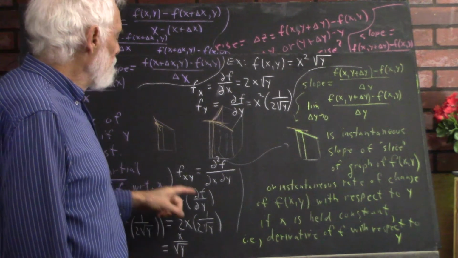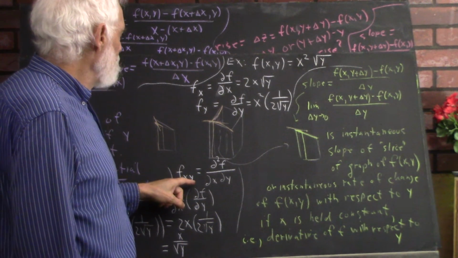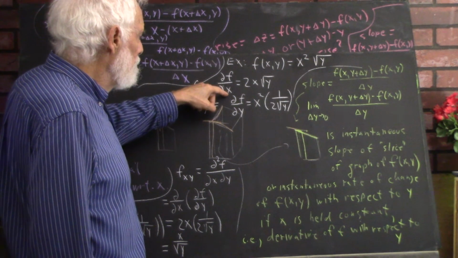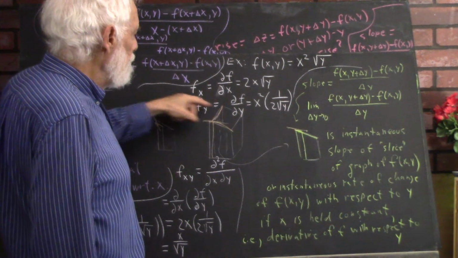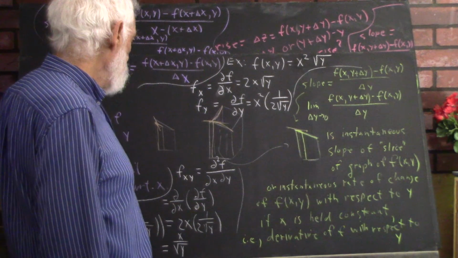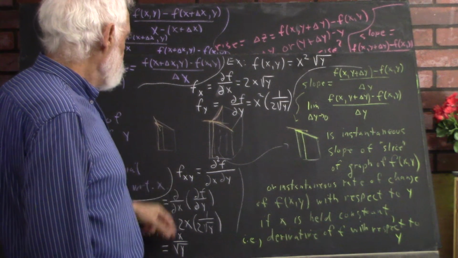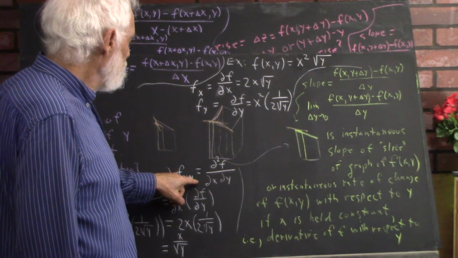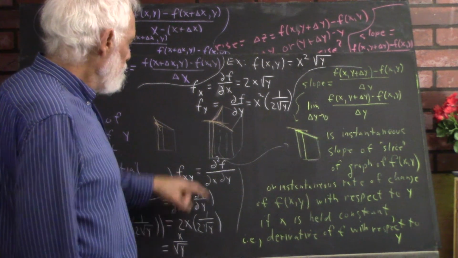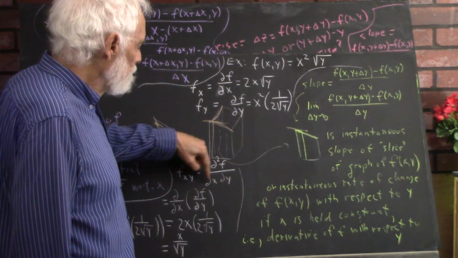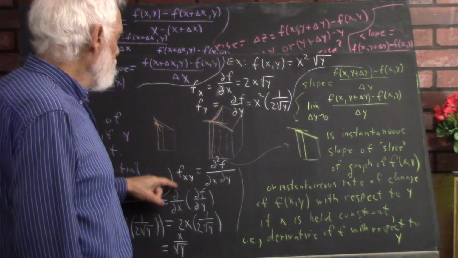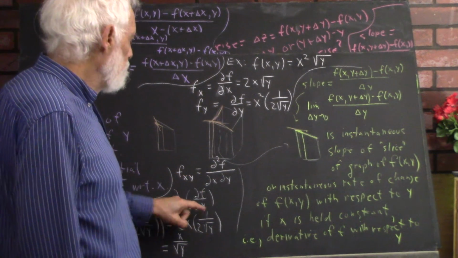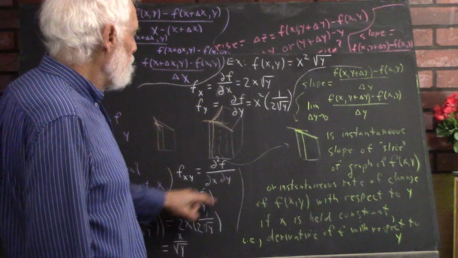We could also do a mixed partial where we do f sub xy. Now, f sub x is going to stand for the partial with respect to x, f sub y for the partial with respect to y. F sub xy is going to be the y derivative of the partial with respect to x. We also write that as the second partial of f with respect to x with respect to y. It's the partial with respect to x of the partial of f with respect to y. Partial f with respect to y is this,